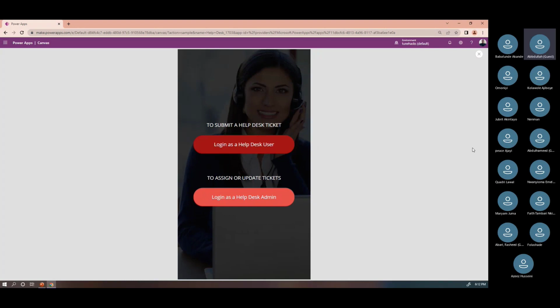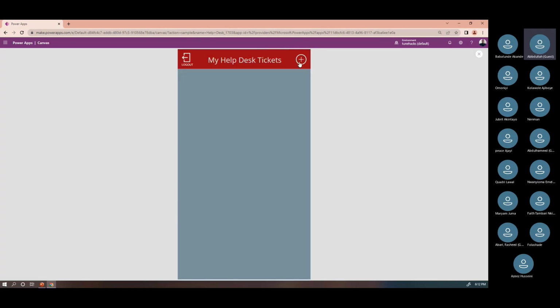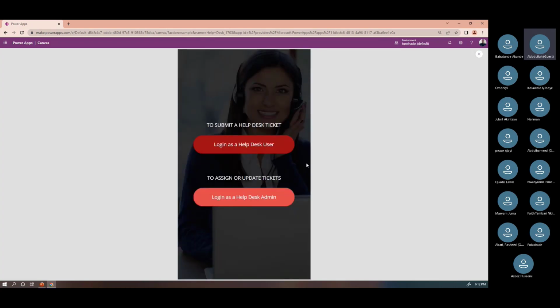So this is an example of a Power App, right? And you can see it's an existing template that already exists. So you can customize this further to design it and add more features and all of that, to suit the need of your organization. But then this as well is something that you can also use. So for example, this is just like a help desk application